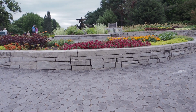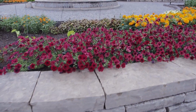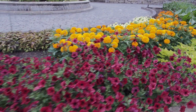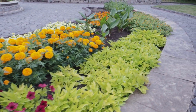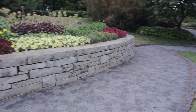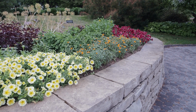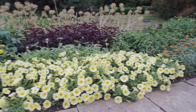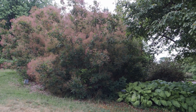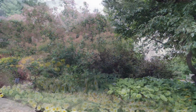I do some annuals in my garden, but I like perennials best, of course. Here's some petunias. But if you really want that color all season long, that's the way to go, is annuals. There's some spent alliums in the back there. I like that. And look at the smoke bush. It's huge, and it's just got done blooming, and it's all like smoky now, so